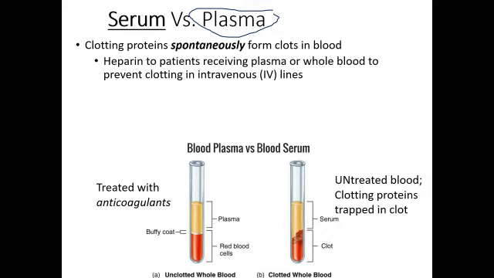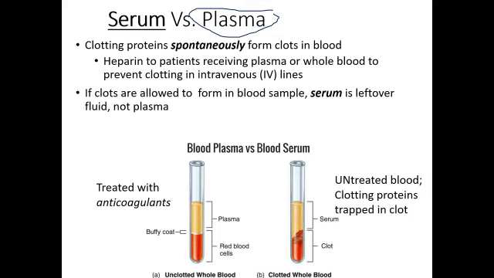And so when you are administering plasma or whole blood to a patient via an IV line, essentially there has to be a tiny bit of an anticoagulant within that blood to keep it from spontaneously forming clots and therefore giving clots to the patient receiving a blood transfusion, right? Obviously that is not an ideal circumstance. Okay, if clots are allowed to form in a blood sample, right? Obviously you would not be giving this to a patient, but if you draw blood and you do not treat